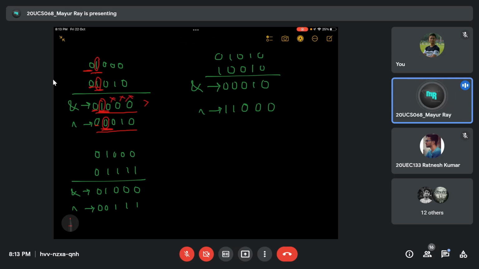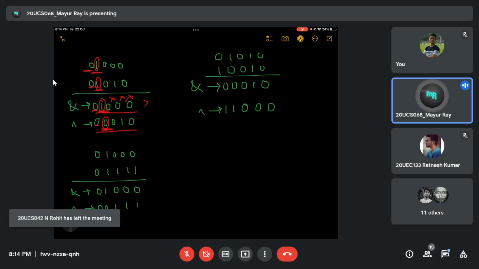Here I have gotten the difference. One is 1 and the other one is 0. And so for sure I can say that the AND value is greater. So from that, I can say that if the first occurrence of 1 is in the same position, then for sure the AND value will be greater than the XOR value, and this is a valid pair.